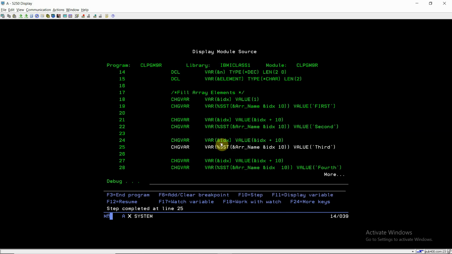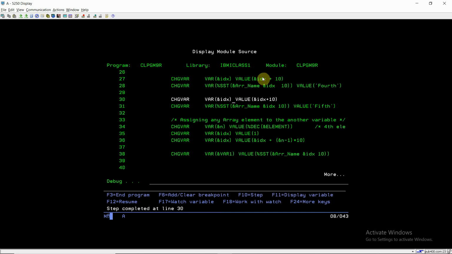Now IDX becomes 21, and the array name now has the value third at 21st till 10. Then 31 till 10th is fourth, and 41 till 10th is fifth. So we have filled all the elements in this variable, which is actually treated as an array right now.